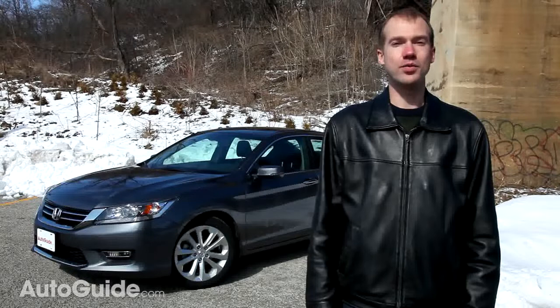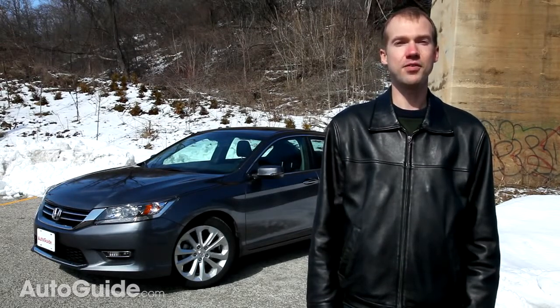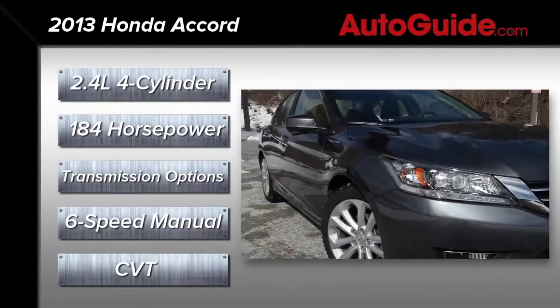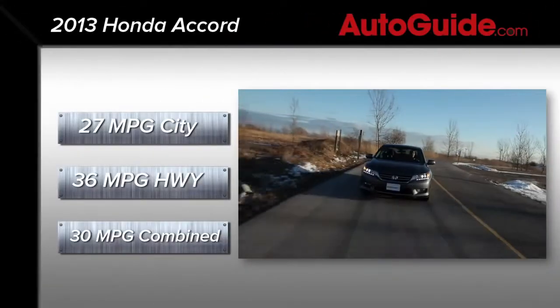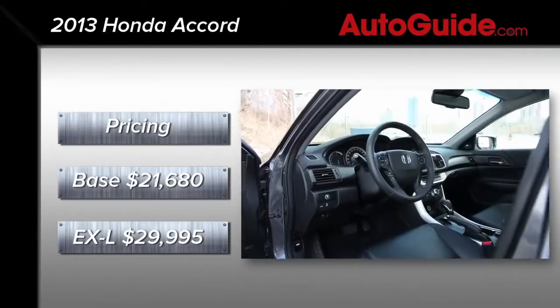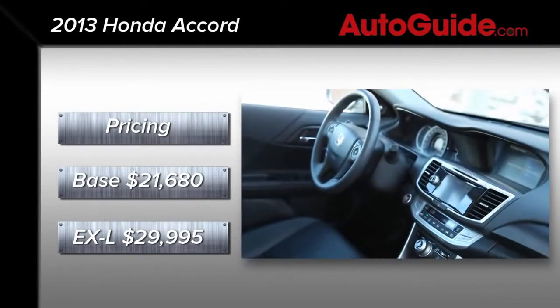The Accord comes standard with a 2.4-liter four-cylinder engine. It produces 184 horsepower and 181 pound-feet of torque. Our Accord came equipped with a continuously variable transmission, but a 6-speed manual is available. Expect 27 miles per gallon city and 36 miles per gallon highway for the four-cylinder Accord. The Accord starts at a price of $21,680, but our loaded-up EXL test vehicle came in at